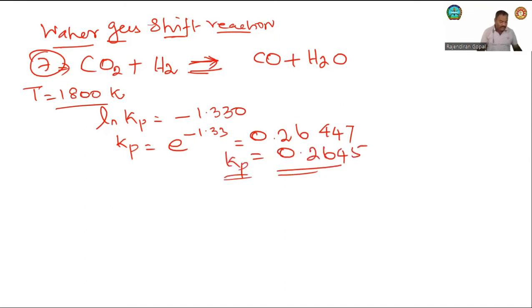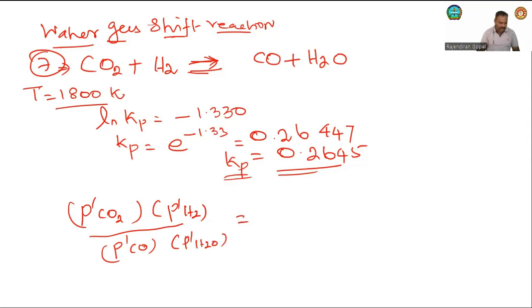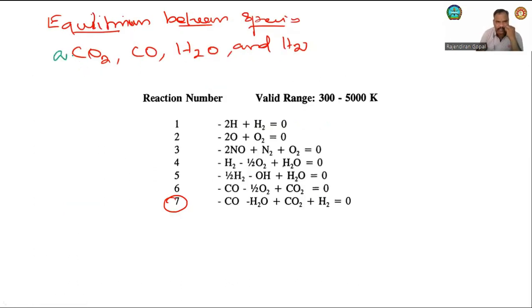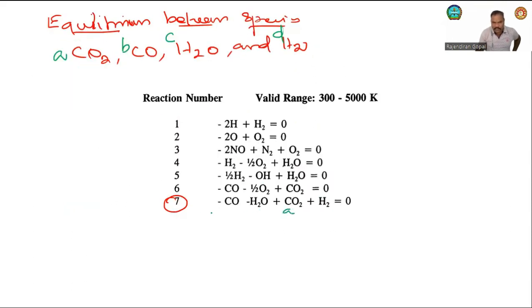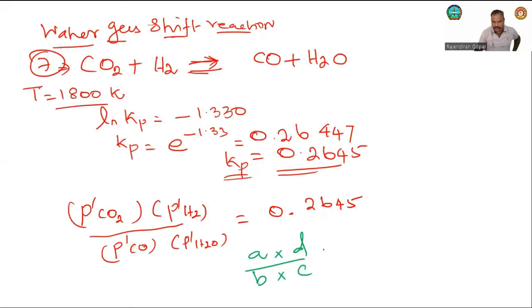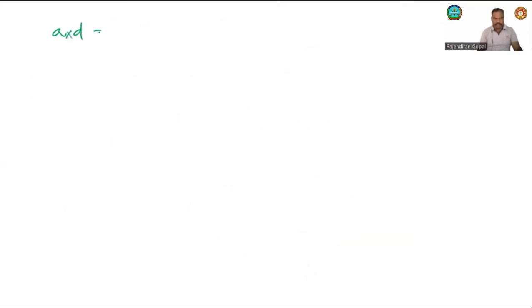What is Kp? We know that P dash of CO2, P dash of H2 over P dash of CO, P dash of H2O is equal to 0.2645. The exponents are unity and the pressure is not given in the question. Put A here, B here, C here, D here. We can write CO2 in terms of A, H2 as D, then CO as B, H2O as C. So AD by BC is equal to 0.2645. Then A multiplied by D is equal to